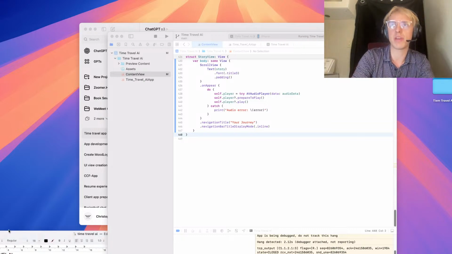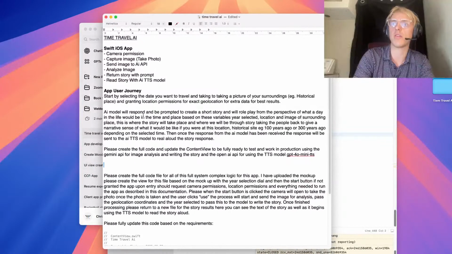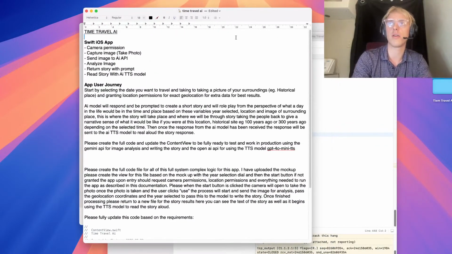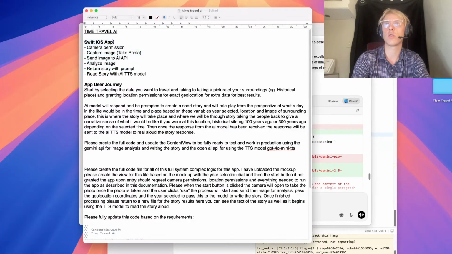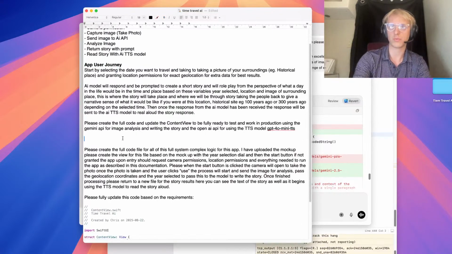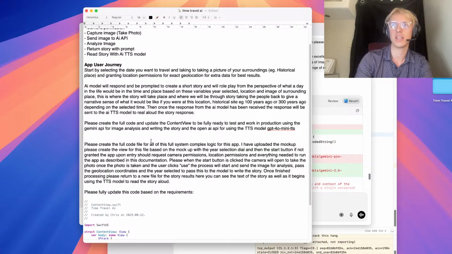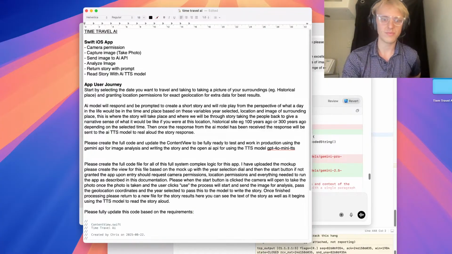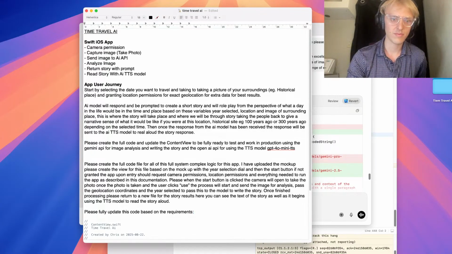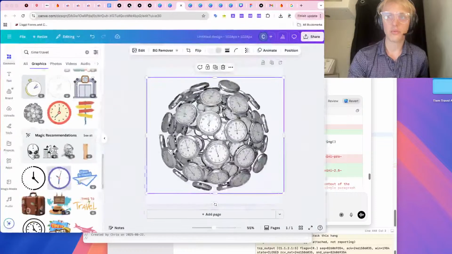I'd say this was a major, major success. We went from planning out our full plan right here. You could see this note. We have the requirements, list of requirements. We have the app user journey, so this walks you through the entire user journey. Then kind of the prompt here for the complex prompt and everything with the placeholder code. And then we had our